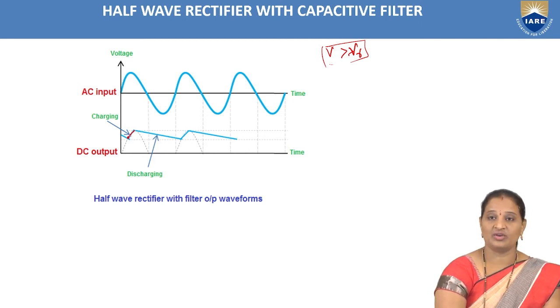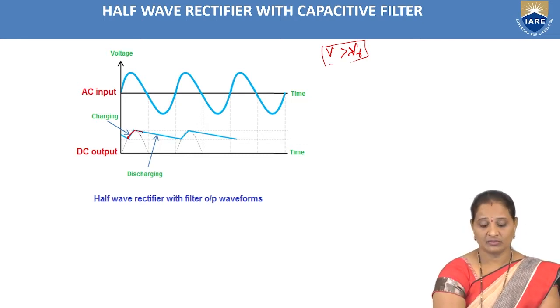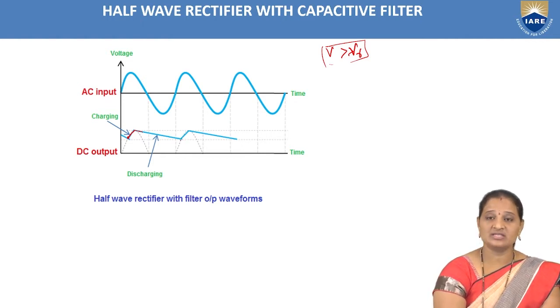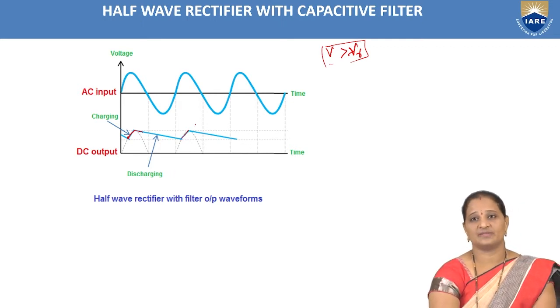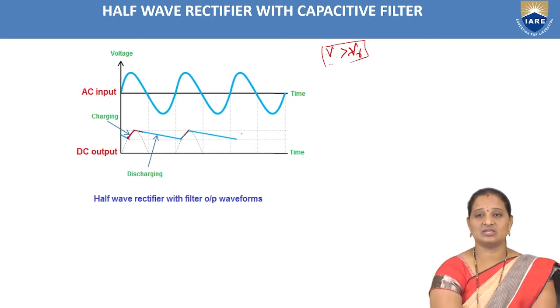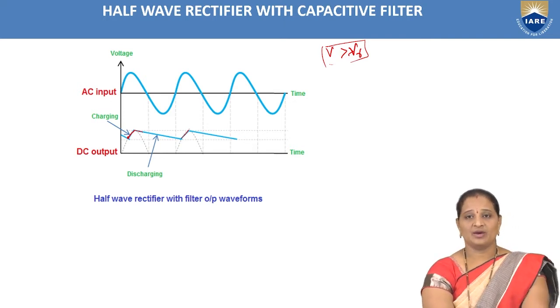So this is V gamma. And next, after reaching its maximum value, the diode gets reverse biased and the capacitor will be discharging. Once the input voltage is again greater than the cut-in voltage, the capacitor again charges and then discharges. So this is the output waveform which we can observe